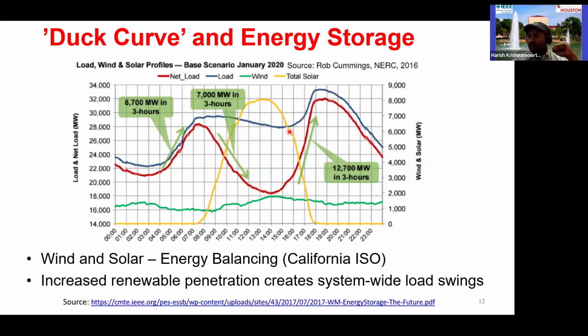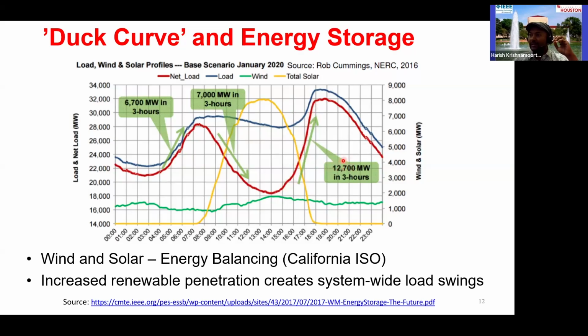But during the evening time, two things happen. One is that the sunlight goes down, right? Around 6 p.m., depending on the time of the year, the sunlight goes down significantly, and as people start going back to their homes and turn on their air conditioning, the total load goes higher. So because of the combination of these factors, during the evening time, you can see that the conventional resources need to ramp up at a very fast rate.